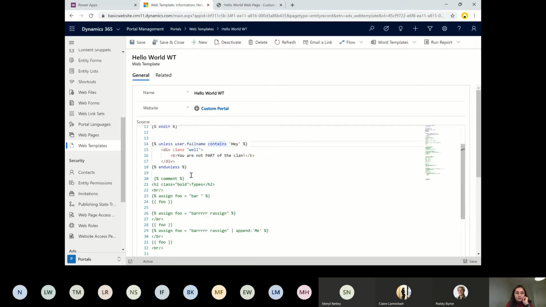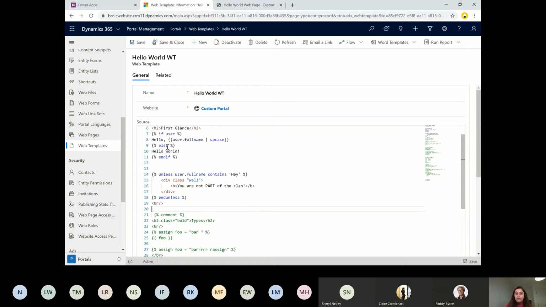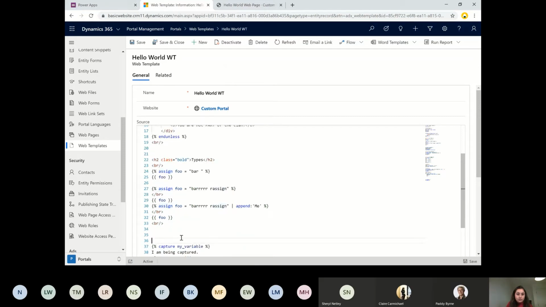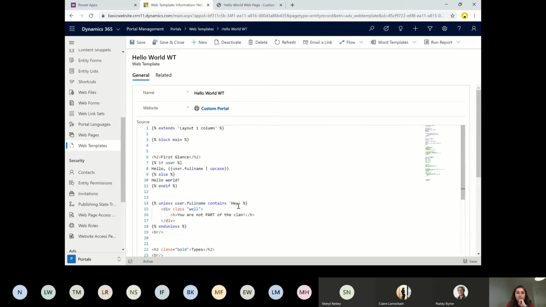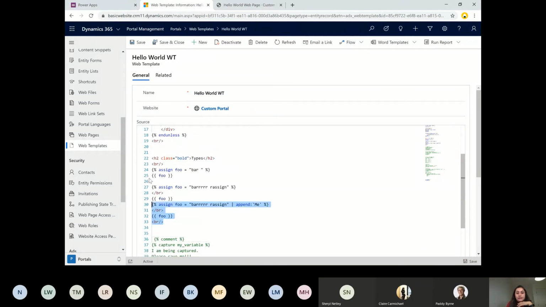We have seen that. So let's put some break lines because we are seeing everything one after the other. So this is about if else and the unless keyword. This is how the basic flow tags work here. And let's uncomment some more things and see how they work. So let me put the comment here. If you even have multiple lines of code, just uncomment line by line, print, and see whether your lines of code are working or not. This is again the HTML tag, just in bold, to show the types, nothing else. Then the line break, and then we have the assign keyword.